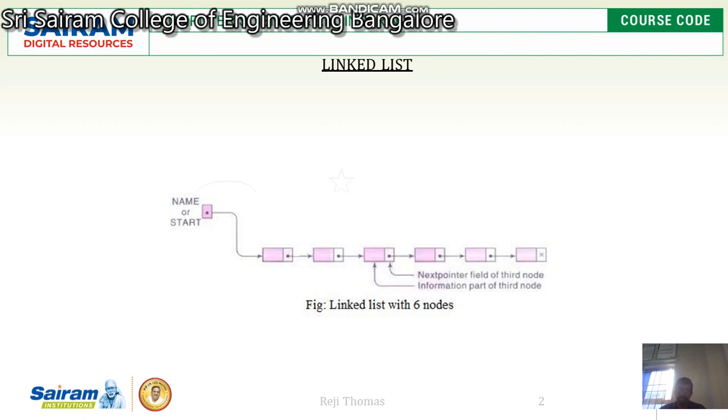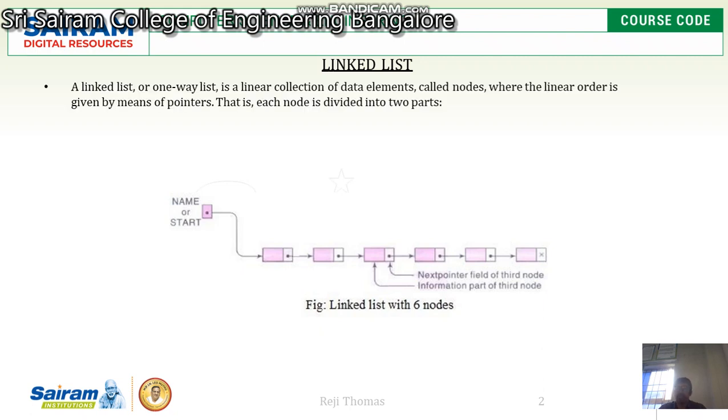So let me repeat. A linked list is a linear collection of data elements, and these data elements are known as nodes, where every node is divided into 2 parts. The first part is known as the information part, and the second part is known as the pointer or the link part, or we can call it the next pointer.